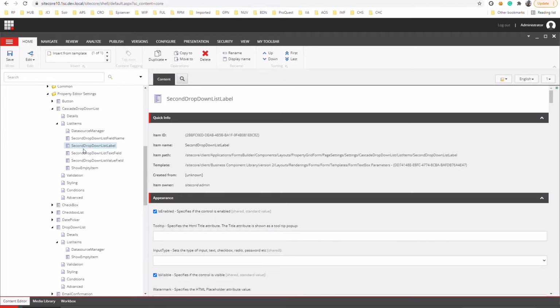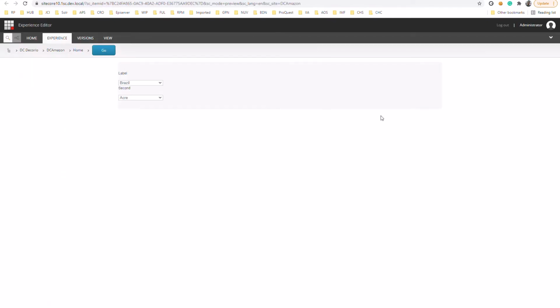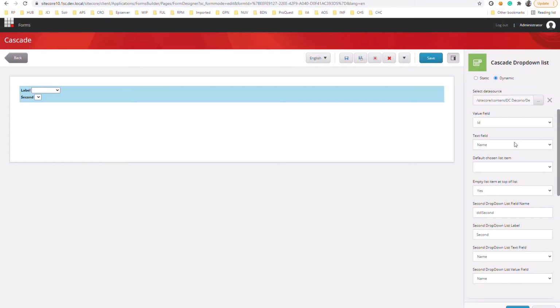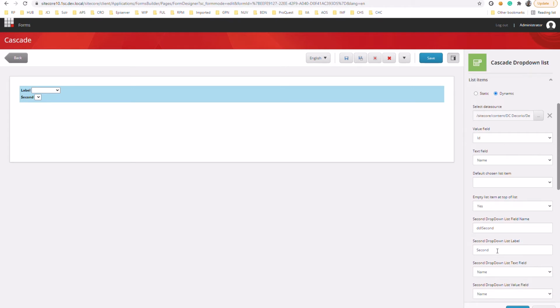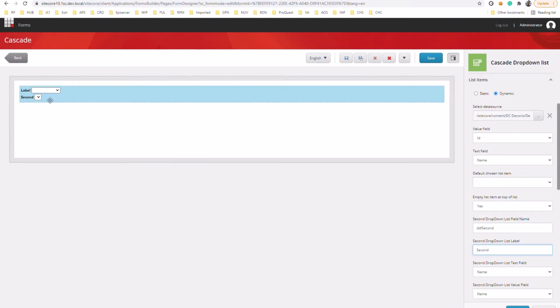This one is called second drop down list label. Once you drag and drop this control, you need to provide a label here. This is the basic label for the first drop down list, and this is the label for the second drop down. So we have provided a text box where the user can provide the label, and the field name, where the user will provide the field name of the second drop down list.